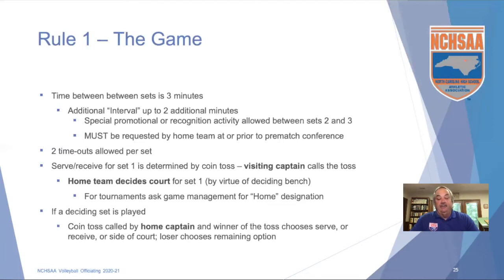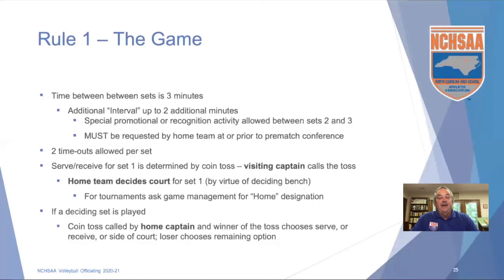The home team gets to choose which court they will use for the first set, and they do that by virtue of choosing where their bench will be in set one. If you don't really have a home team, in other words, it's a neutral site, then ask the game management who will be designated as the home team. And if you get to your conference and you still don't know, just ask the teams who should be designated as the home team on the scoreboard, and that'll be who gets to decide which court they use for the